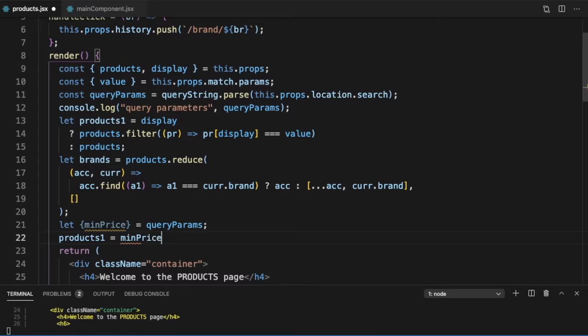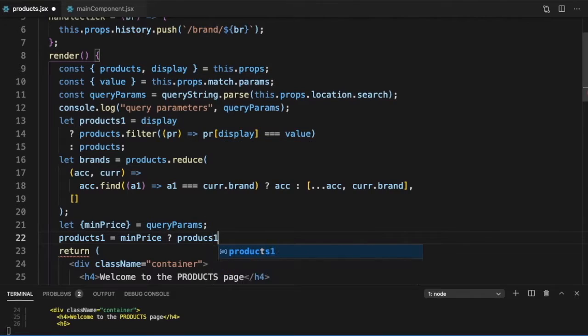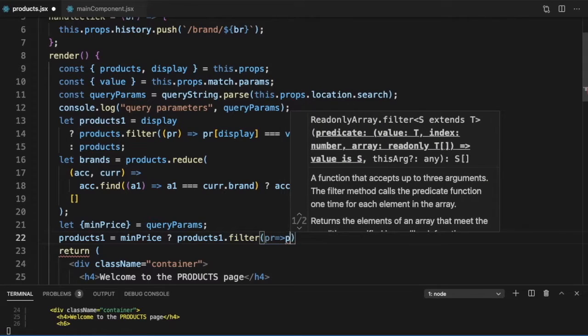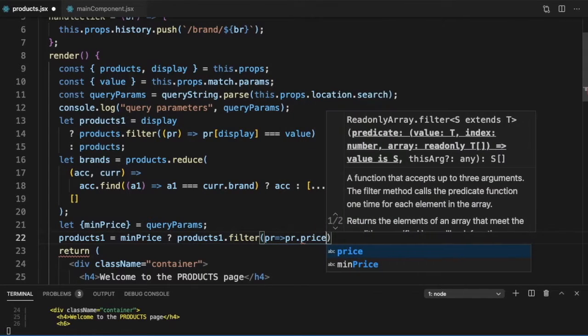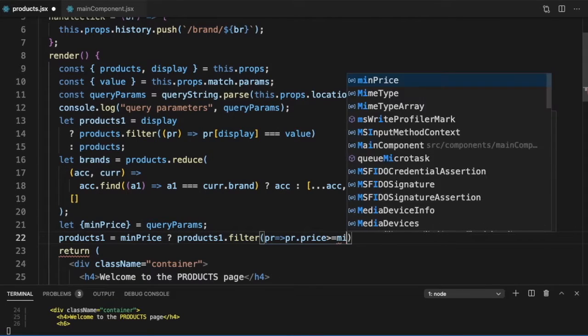So if minPrice is truthy, which means there is a value to it, and note that all the values in query parameters are strings, we'll just need to filter products1. So products1.filter(pr such that pr.price is greater than or equal to minPrice).